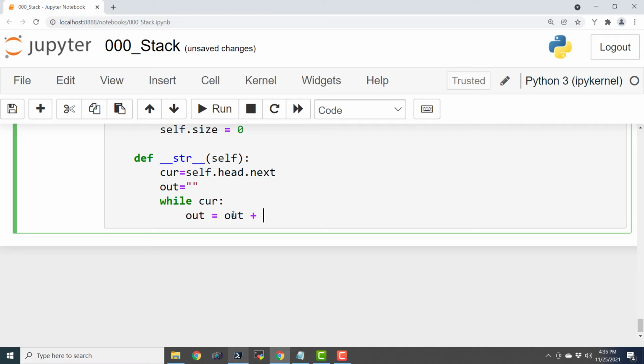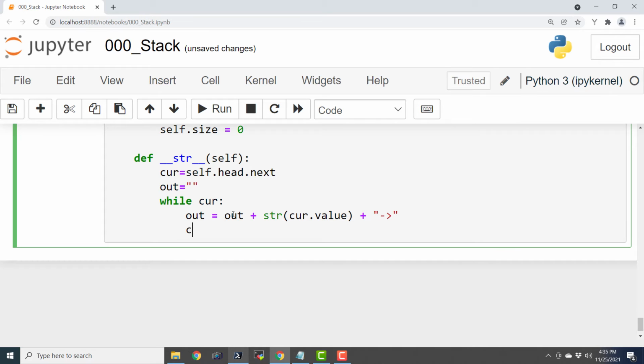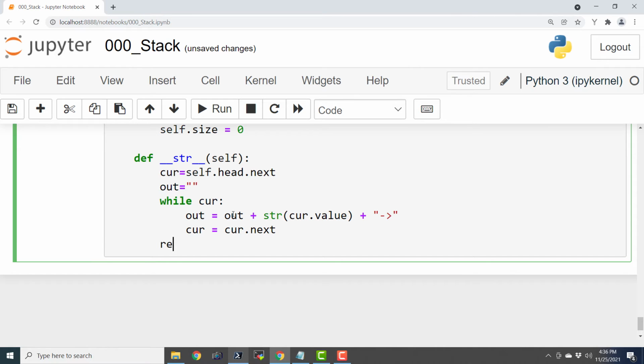So out plus str of cur.value plus, and cur = cur.next, return out, colon -3.